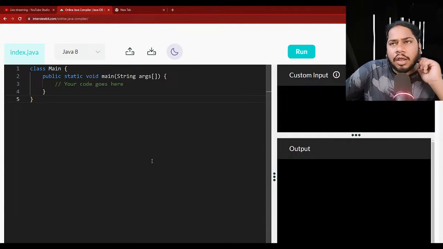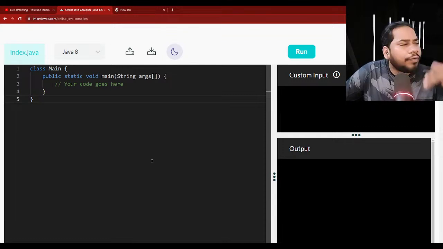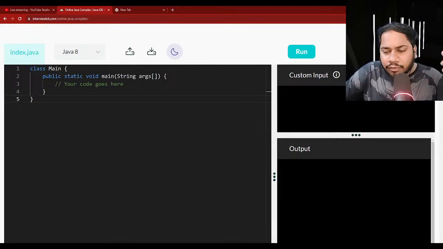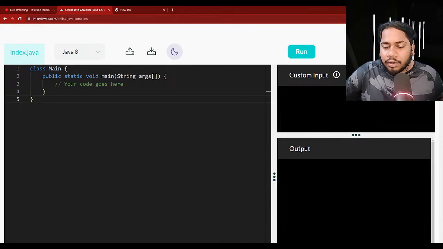So first we will discuss how we created objects and how we printed that. How can we create an object? To create an object, we need a class first. So suppose